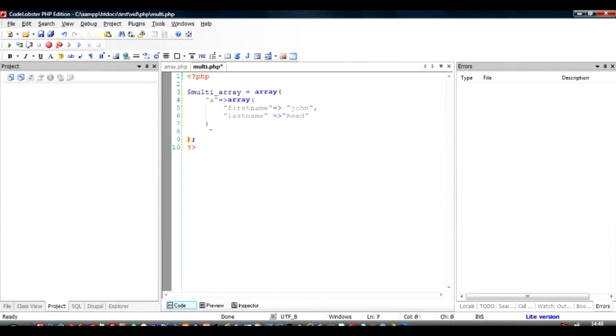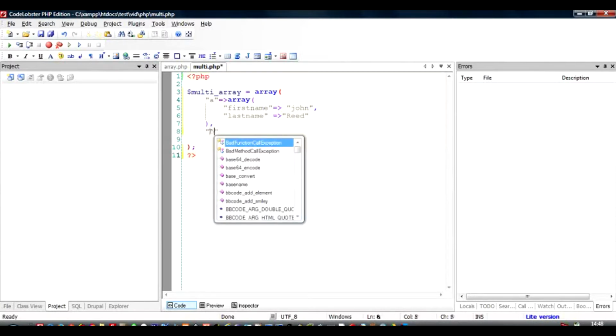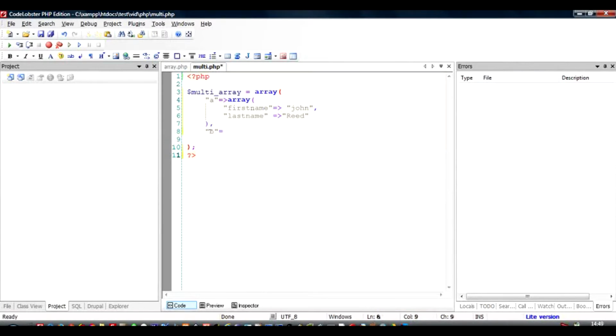Now to add another row, you can just add B. Same thing. Then again the first name, I'll just copy it from here.